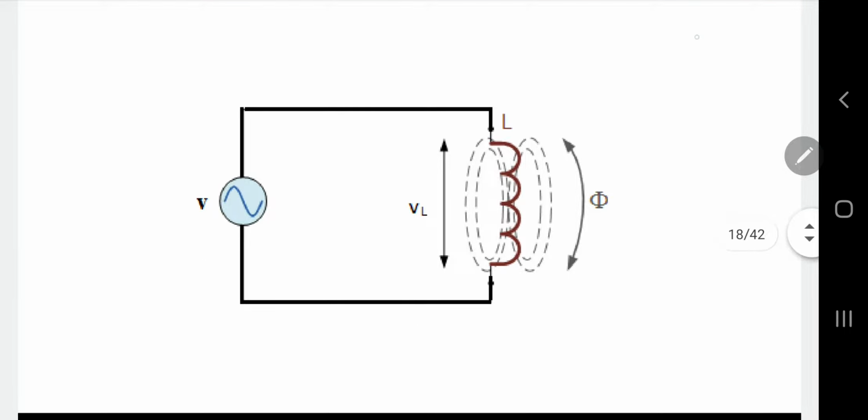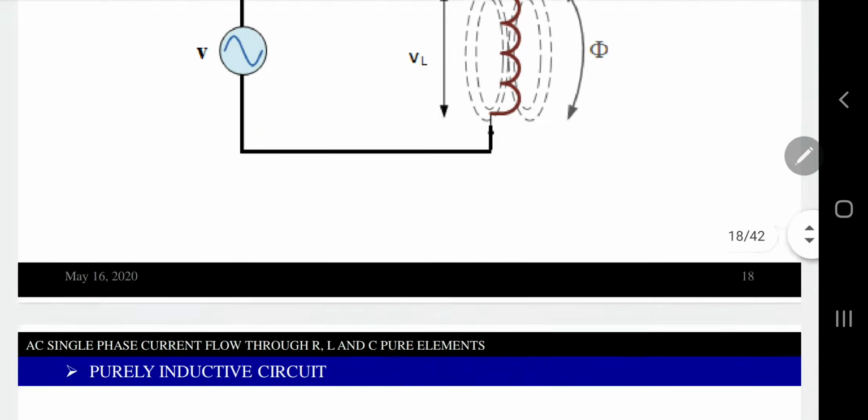So there is an inductor which is connected directly to a sinusoidal voltage waveform Vm sin omega t. The voltage across the inductor and the current through the inductor have to be noted. The current should be represented as an instantaneous value. So the voltage is Vm sin omega t, and we have to analyze the current through the inductor. So let us go through.